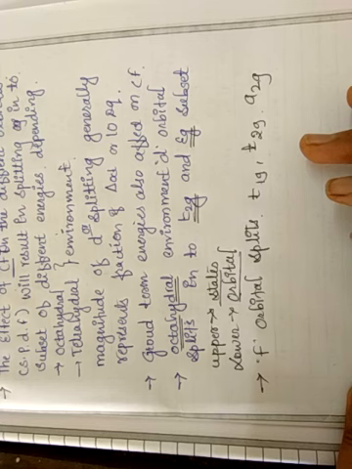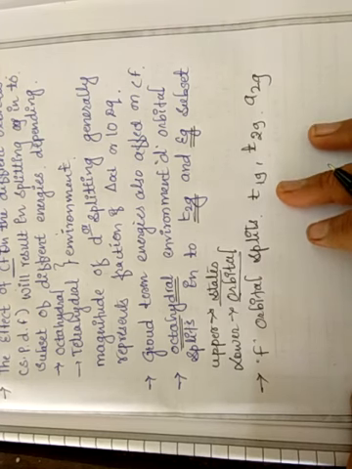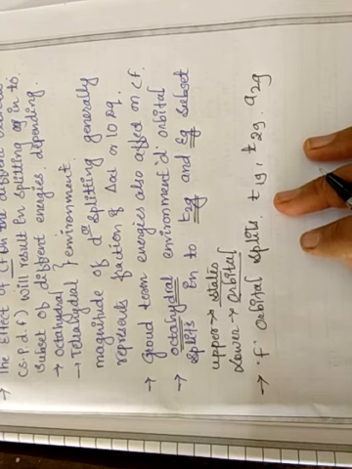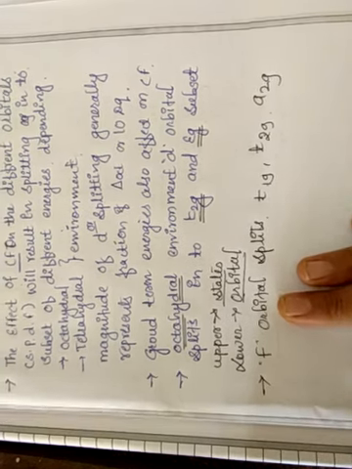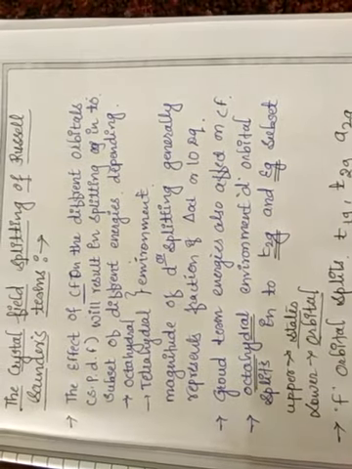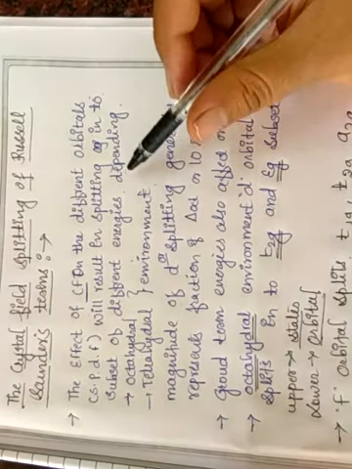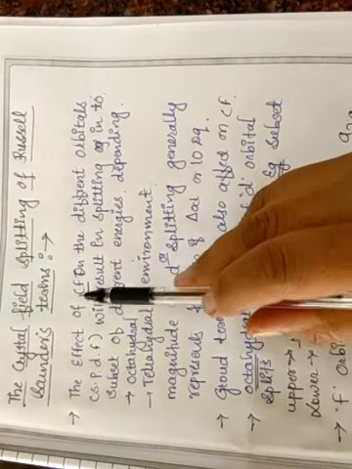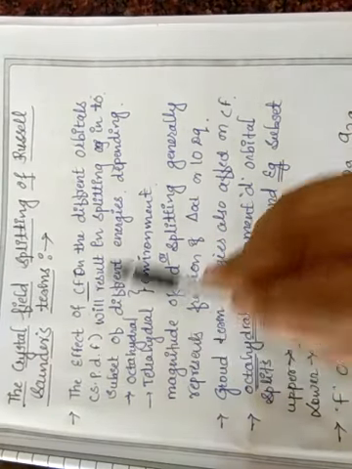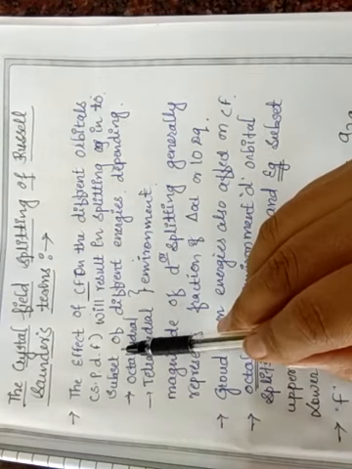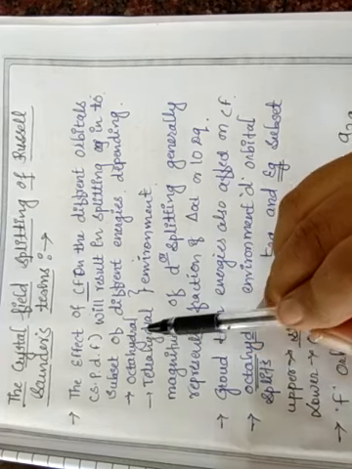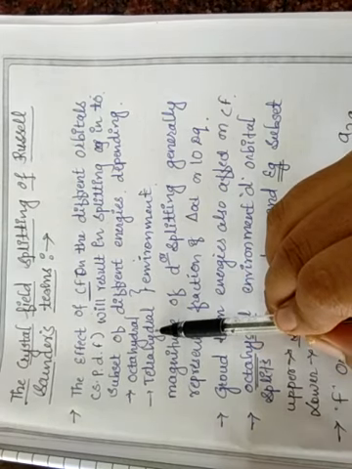and A2g. Next, the crystal field splitting of Russell-Saunders terms in high spin octahedral complexes. Just put one glance on it. Before that, I will tell you once again about crystal field splitting of Russell-Saunders terms. First, the crystal field splitting of different orbitals will result in the splitting into subsets, which depends on whether our complex is octahedral or tetrahedral in nature.